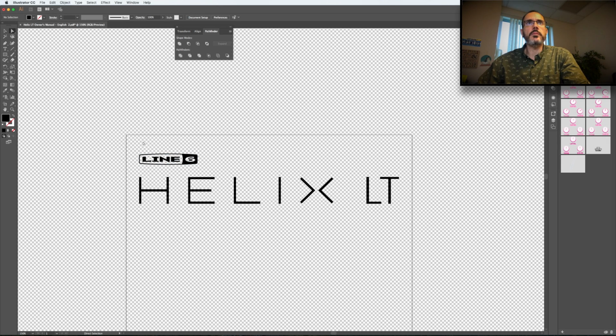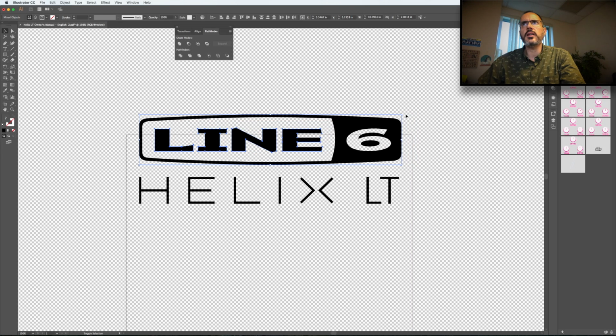What I am also going to do is ungroup those. Command Shift G, keep ungrouping. Now it's giving me a hard time. When things won't ungroup, go back to this open fill arrow, and you can do that. And then I'm going to make this, since I'm treating this like a badge,